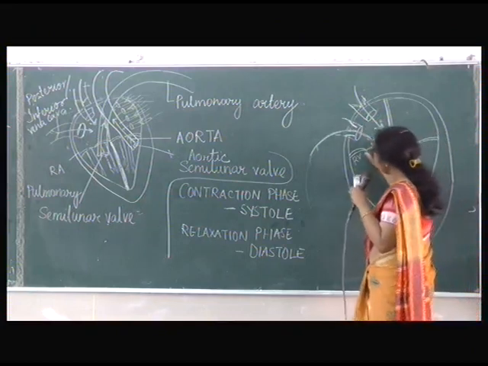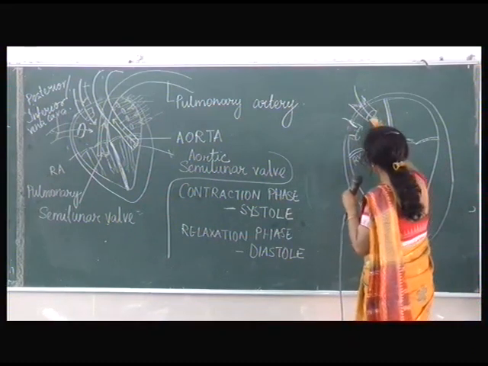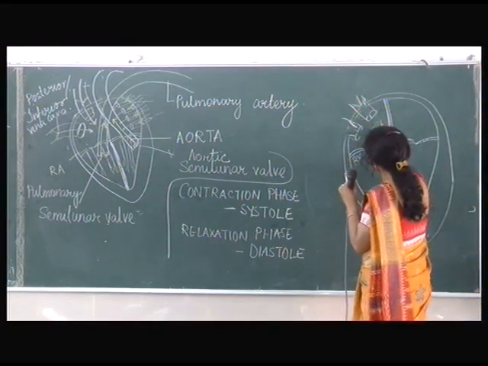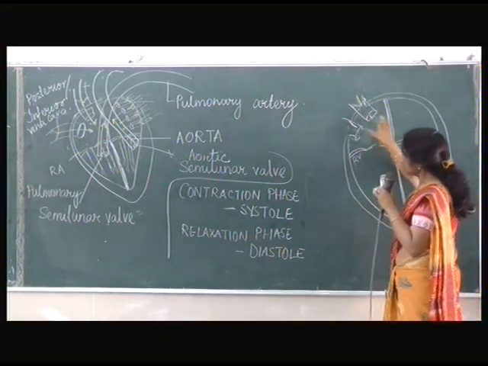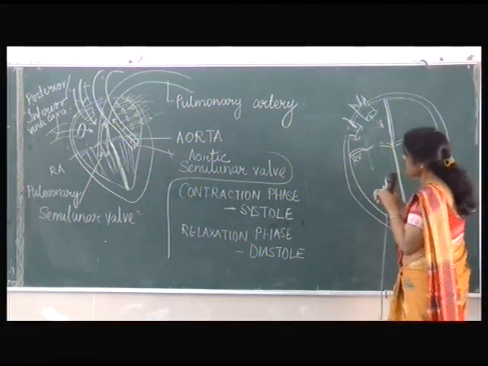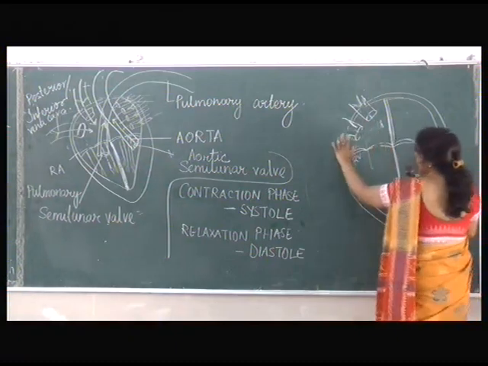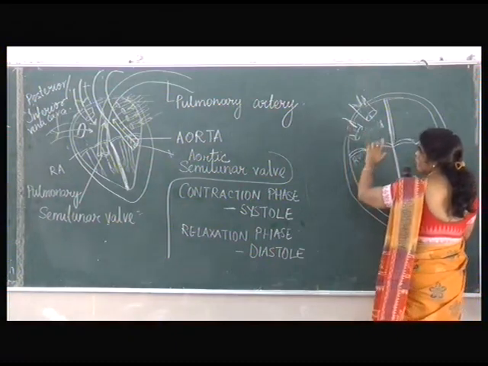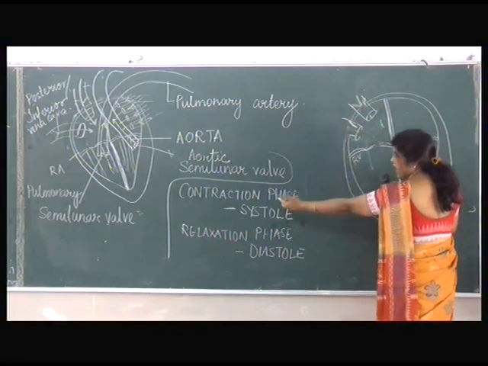Now when the auricles contract, remember, the auricle is filled with deoxygenated blood. All right, the valves are open. Now, once it is filled, the auricle has to send blood to the next chamber. Now, the auricles contract. Is it clear? So, when the auricles are contracting, and if these valves remain open, the blood can go back again, there can be a backflow of the blood.